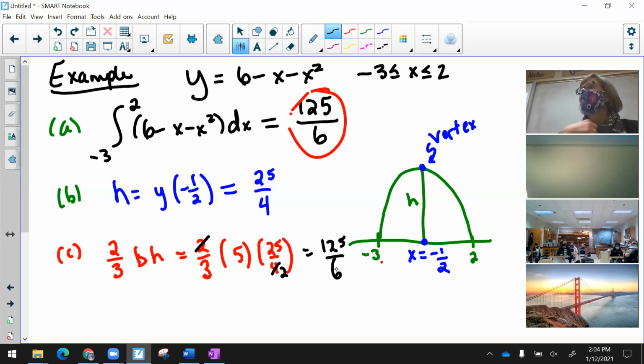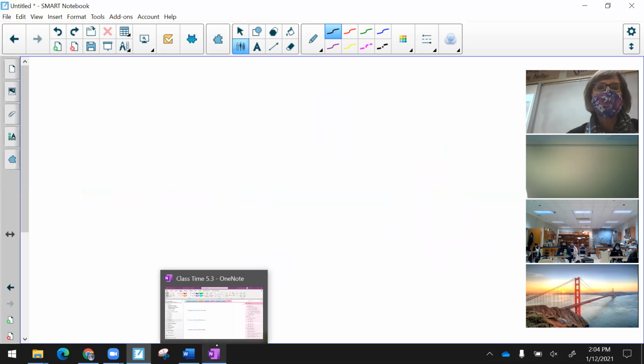The graded homework for 5.4 won't be due this week, because we won't get through it. It'll take us at least Friday and Monday to get through substitution, because it's a brand new thing that we need to practice. So the last example that I want to do